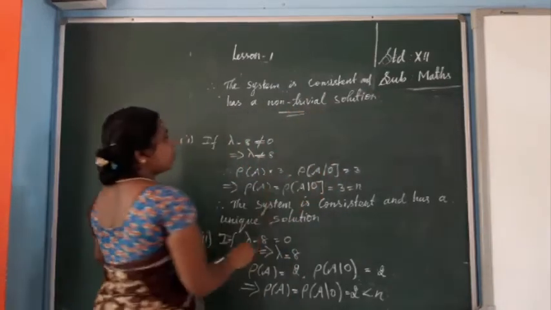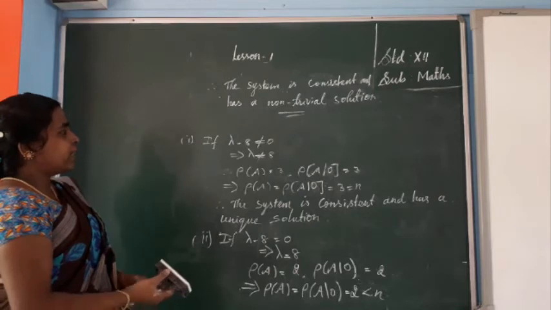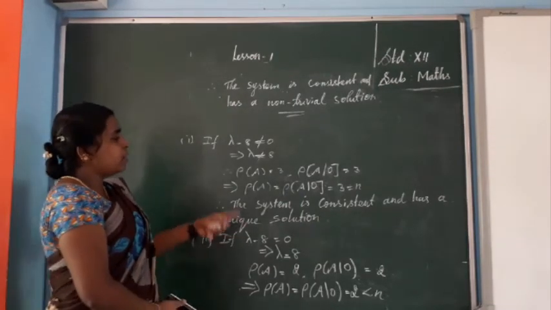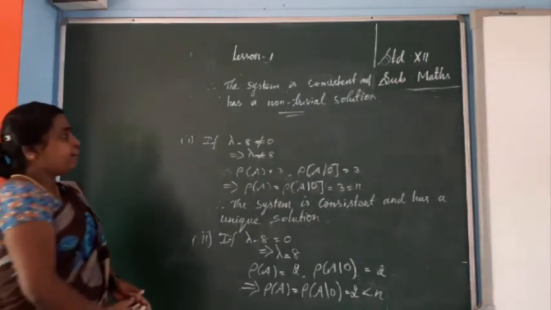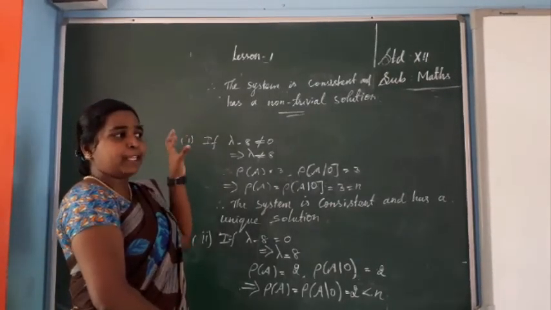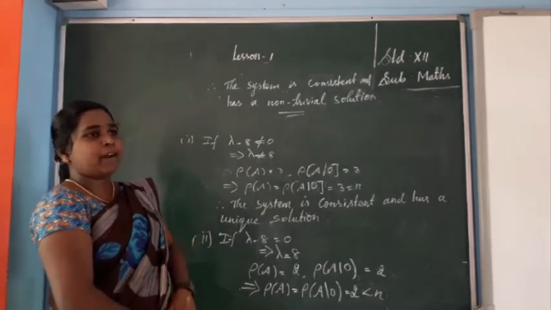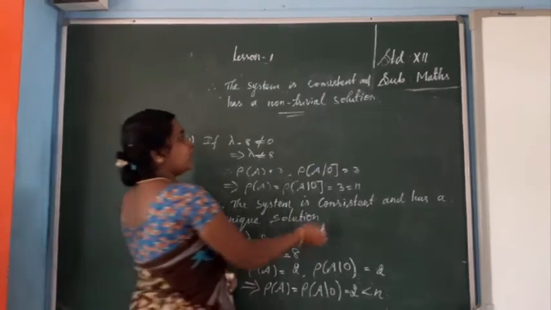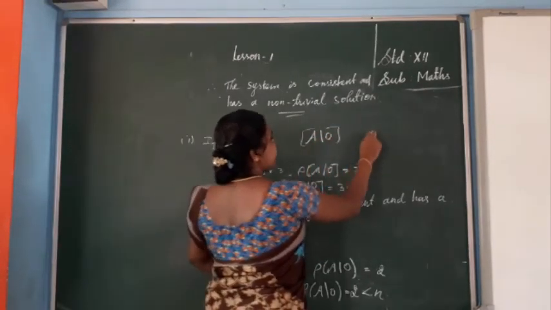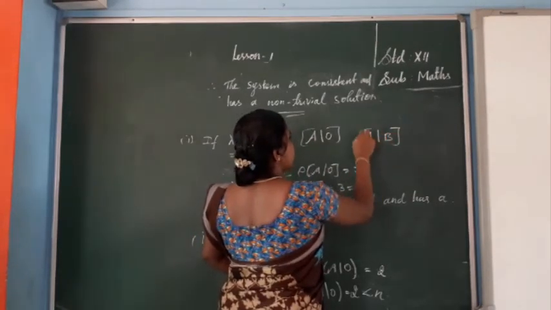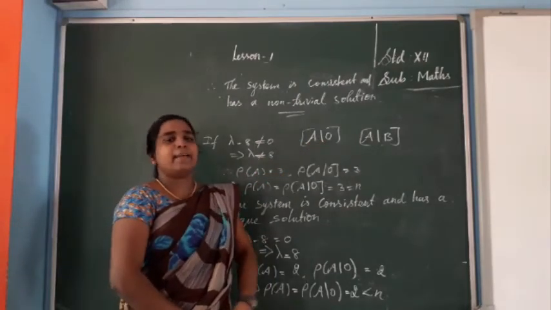Okay, so do this carefully. This is important: easy 5-mark problems. When they are asking the value of the unknown, how do you convert the given matrix into Echelon form? First you have to form the augmented matrix [A|B]. If it is homogeneous, you can write [A|0]. Instead of [A|0], if you write [A|B] also, no problem. Both are the same only. So instead of [A|0], you can write [A|B].